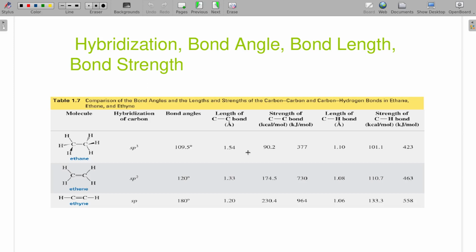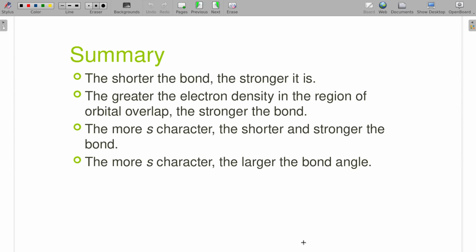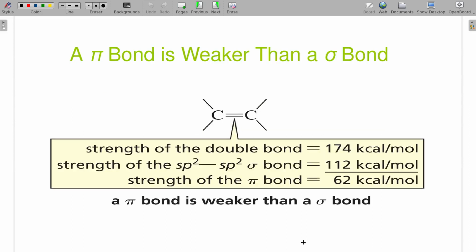All right, and here's a summary of all that stuff with some bond strengths. Here's our single, double, and triple bond, and we get the bond strength of 90 to 170 to 230. So it's not triple it, and this is not double it, but we are seeing a steady increase in the strength of the bonds as we add those pi's in there. Now, that's that summary. Speaking of that double bond and that difference, though, if we were to look at the strength of a sigma bond and the pi bond in the double bond, we are going to always see that the sigma bond is much stronger than a pi bond.